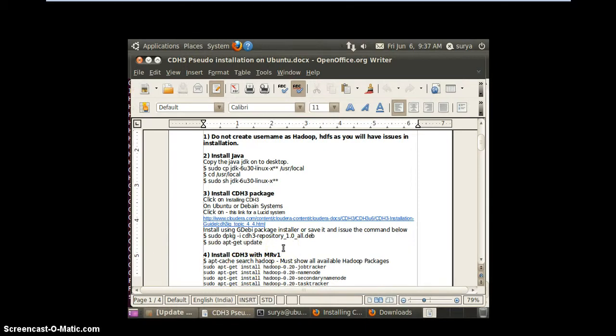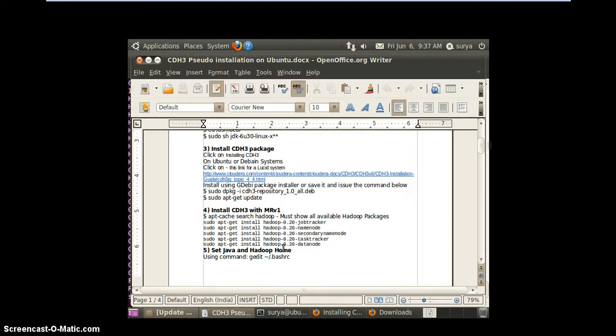Now that is not all. We have to do a lot of things, right? The first thing I have to do is install all my daemons. There are 5 daemons in my Hadoop cluster, as we discussed: name node, secondary name node, job tracker, task tracker, and data node. But one can ask me, how do I know the exact version of this particular daemon?